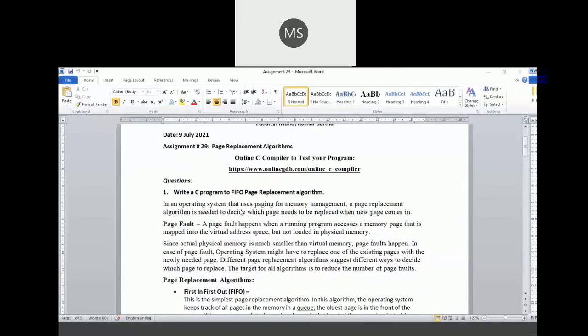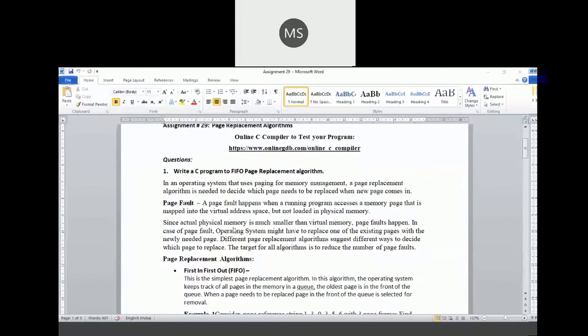We have already studied fragments and pages, right? Now, this can be implemented in virtual memory, because in virtual memory pages need to be replaced actually from main memory, virtual memory to main memory.